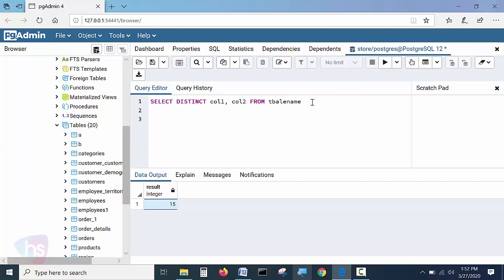In addition, you can write a WHERE clause to specify the condition to filter the data, so you get accurate, duplicate-free data, which is what you require.